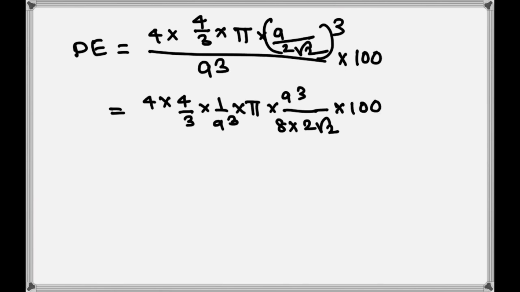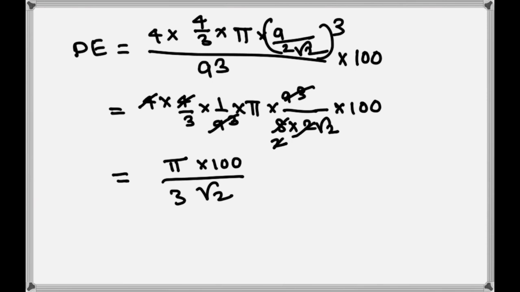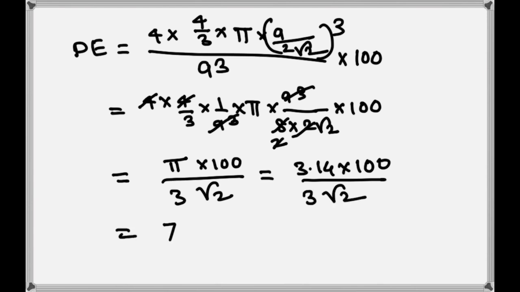So simplified, a cube cancelled. 4 1 4, 4 2 2 2 4 4. Okay, then remaining amount is this pi and 100 divided by how much? 3 root 2. Okay, now try to solve it. Now substitute the value of pi as 3.14 into 100 divided by 3 root 2. You will get it as 74%. Okay, that means highest